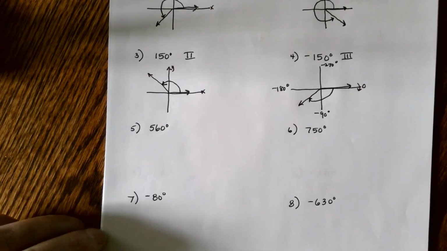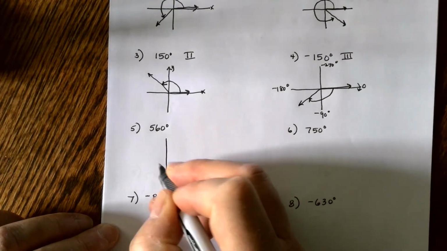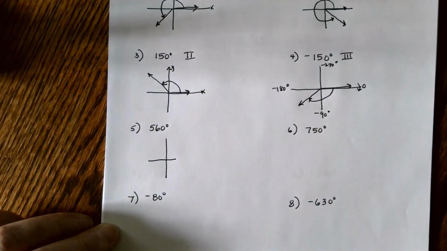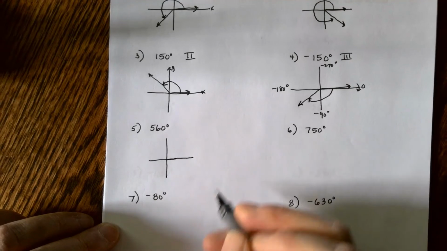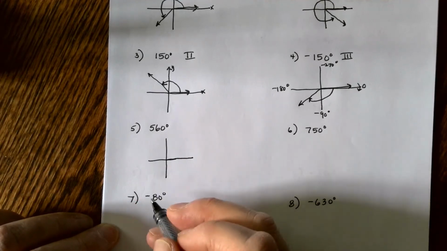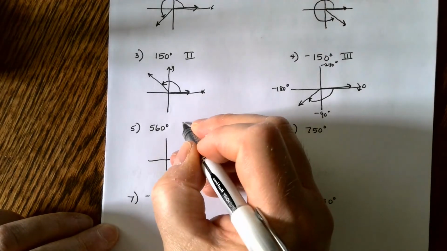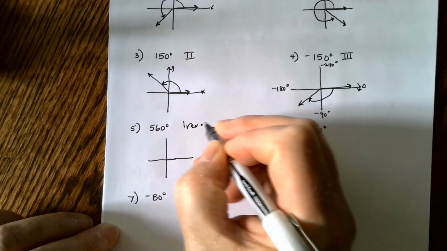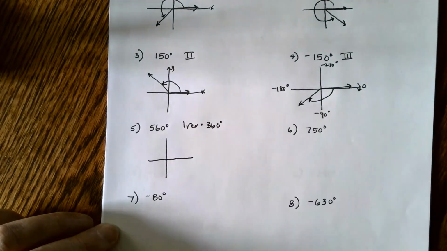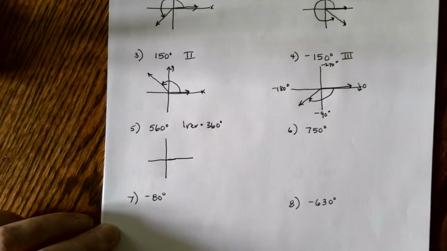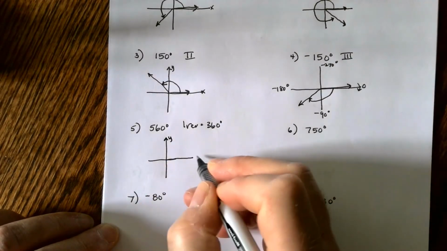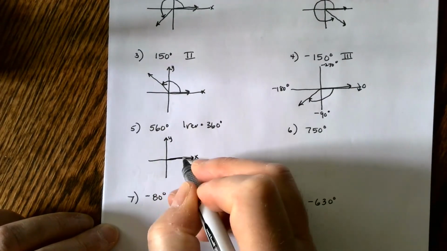These last few problems are angles that are greater than 360 degrees. And so what we need to think about is, if they're greater than 360 degrees, what does that mean? Well, that obviously means that we're going to go completely around the circle once. So one revolution is 360 degrees. So we're going to go completely around the circle once. So here's my y-axis, here's my x-axis. We're going to start on the positive